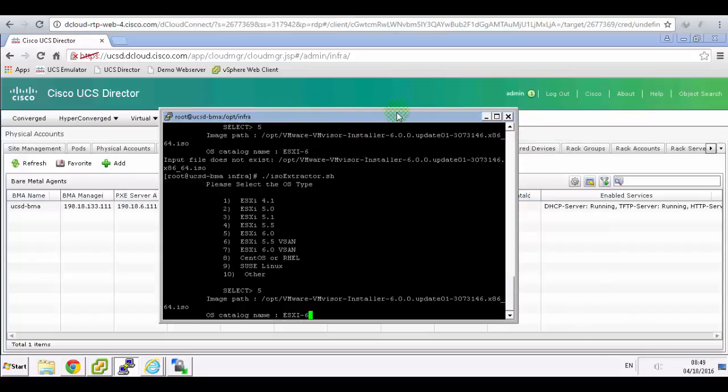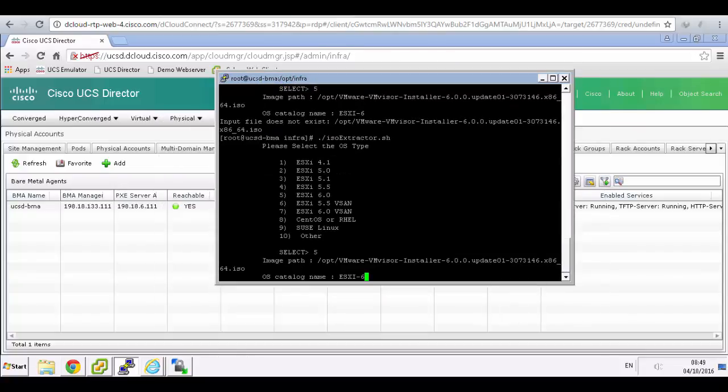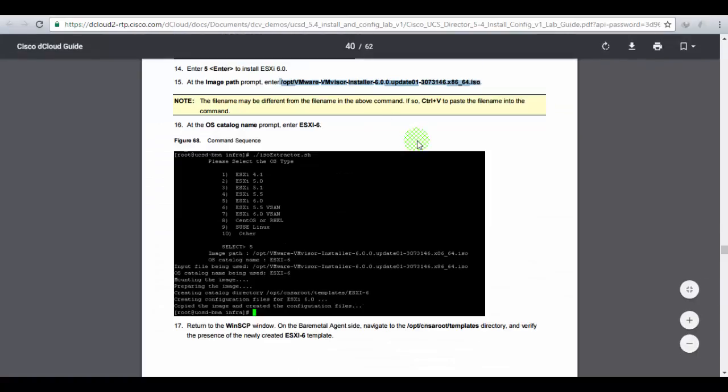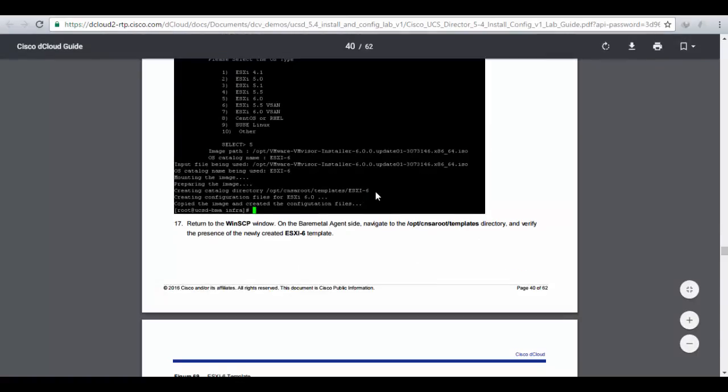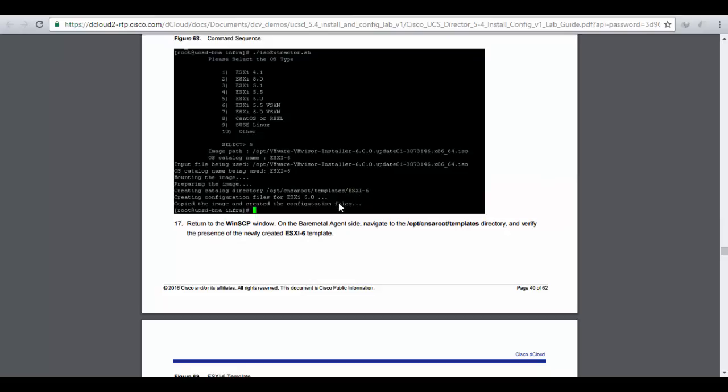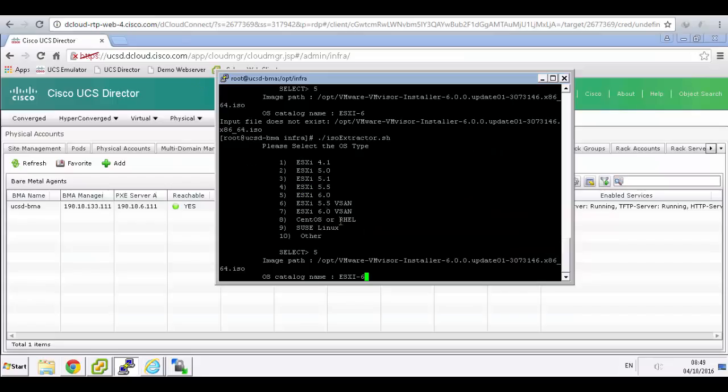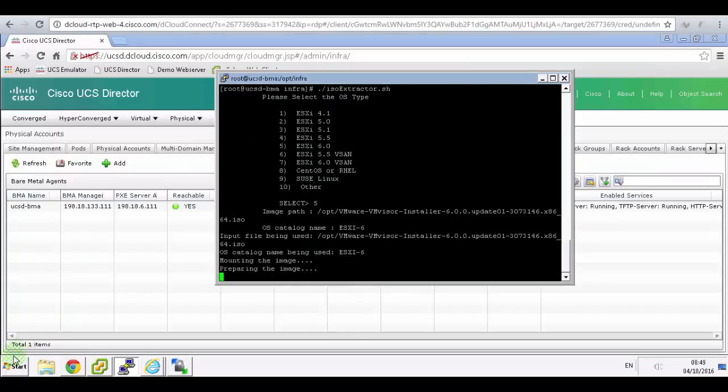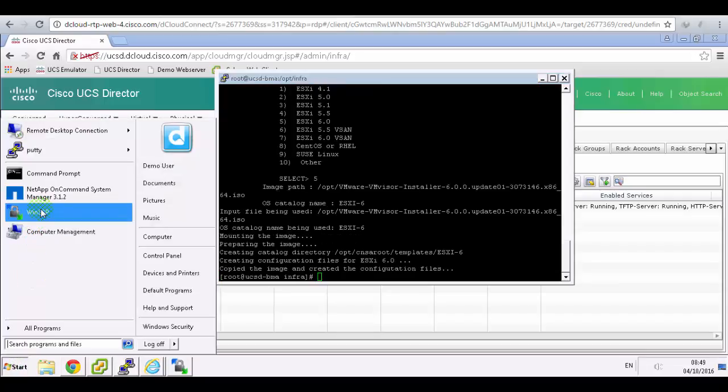For some reason it's not doing anything at all, but the guide says if you're done copying the files, you should then return to WinSCP and then try to locate the folder of CNSA root templates where you should have an ESXi6 template ready. So once that's done, yep, it's doing something. So let's return to WinSCP,